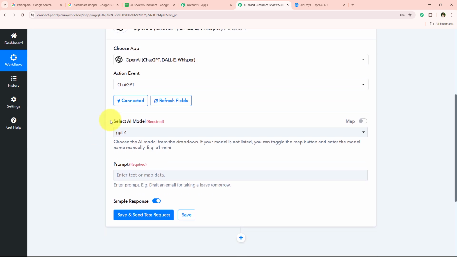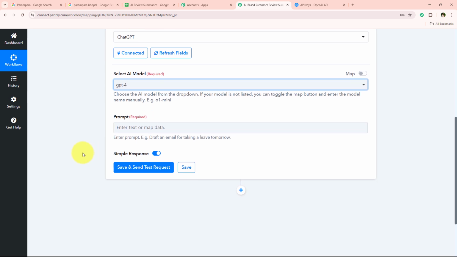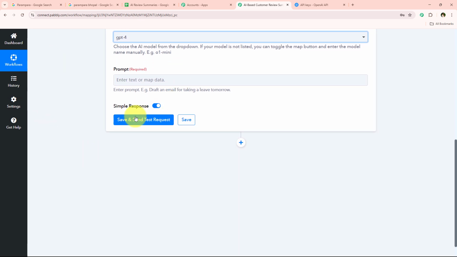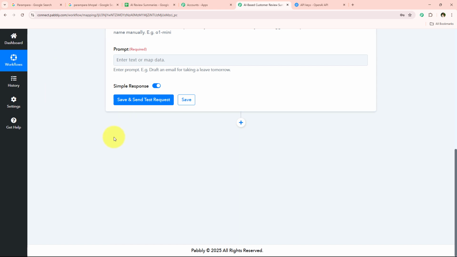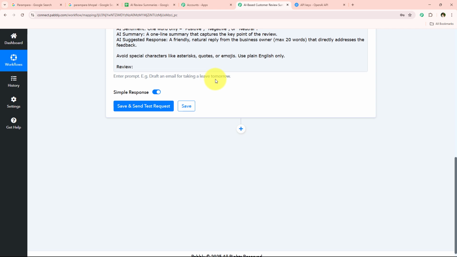And now it is asking me to select the AI model. So I'm simply going to select GPT-4. You can select any other of your choice. And now it is asking me for the prompt, so I'm going to enter my prompt right over here. Alright, so as you can see I've successfully entered my prompt, and I'm going to map the